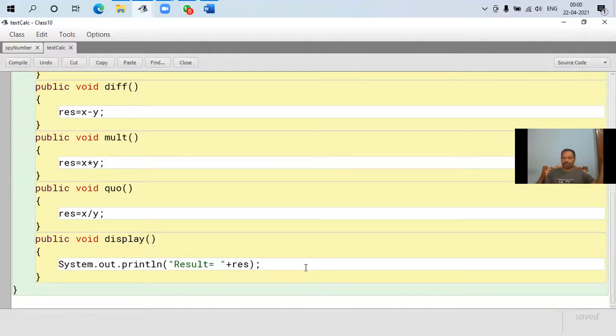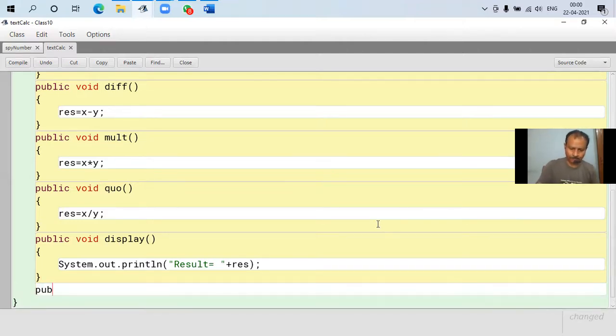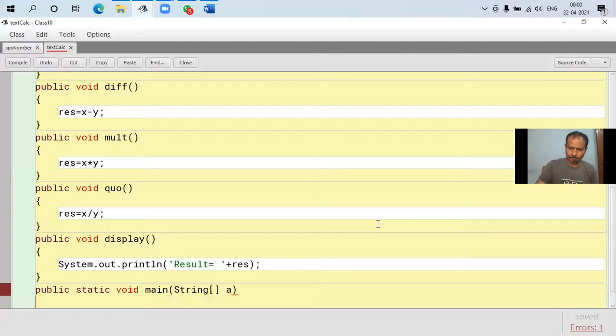Will this program execute? No. Why? Because we all know that a Java program starts execution from public static void main.